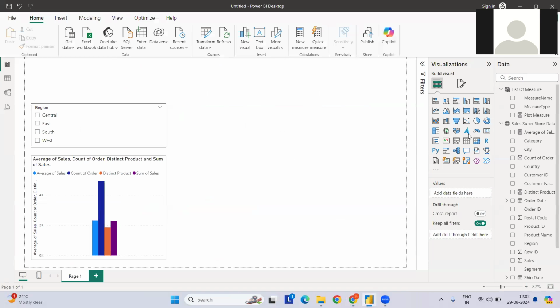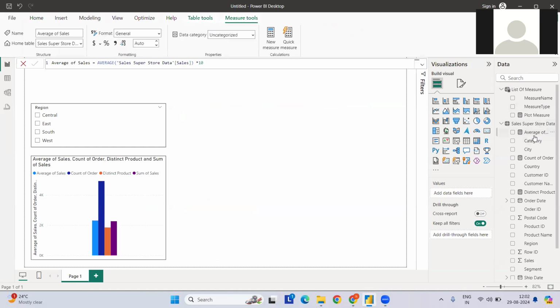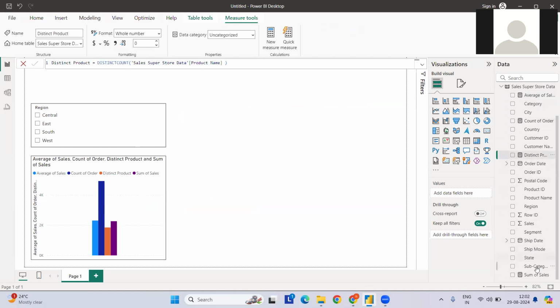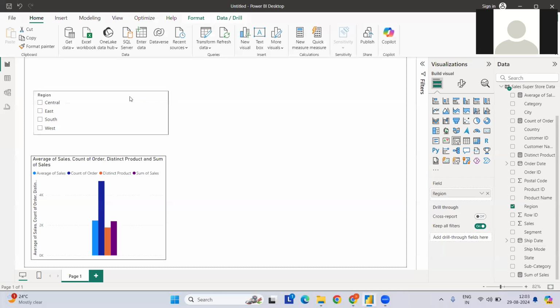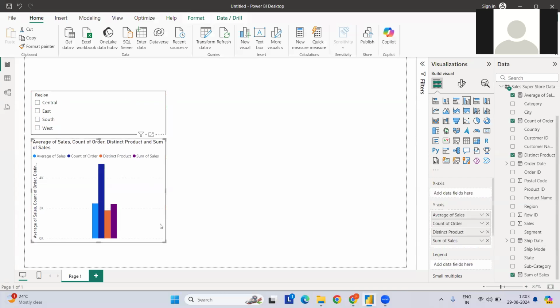So I have created some measures: an average of sales, the count of order IDs, the count of product name, and the sum of sales. It's just a random value to display these things because they are quite distinct. Now I have plotted them in this particular chart, where